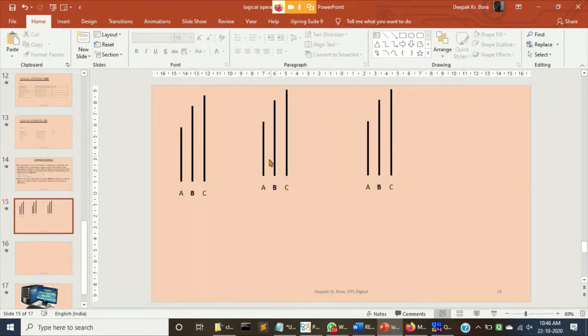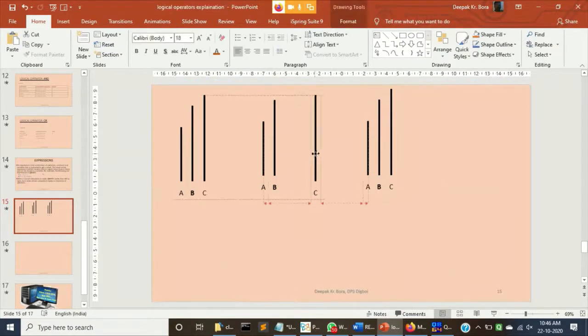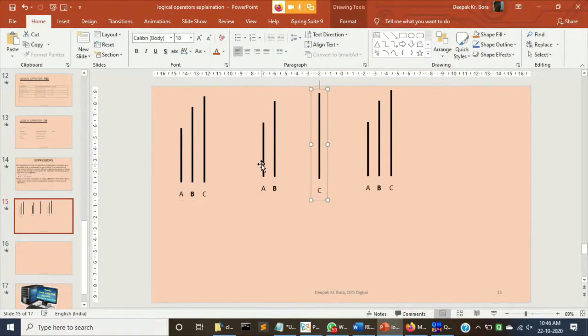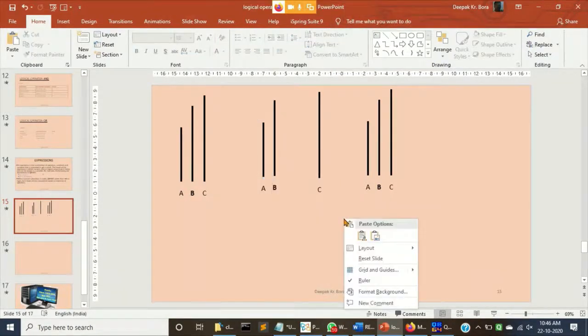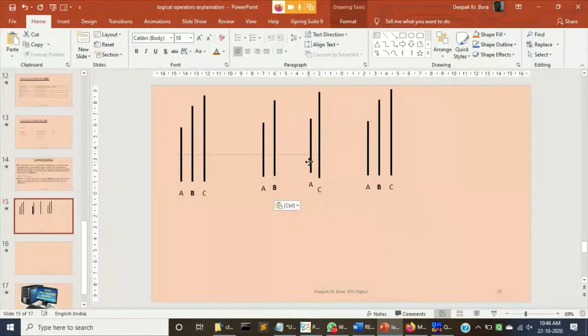Now, see, this is A. First, I will compare A with B, and then I will compare A with C. If A is taller than B and A is taller than C are both false, remember, if both are false, that means A is not the tallest.